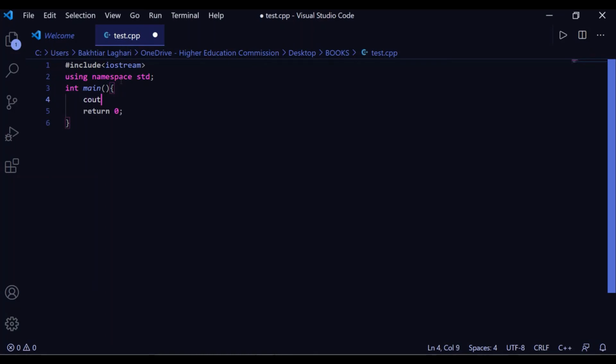You write cout, less than sign two times, then double quotation marks. Then here you can write hello world, and semicolon.